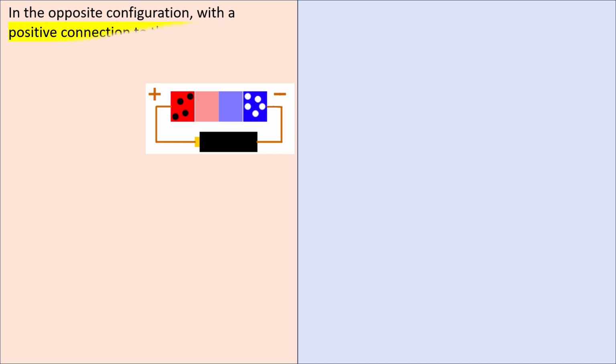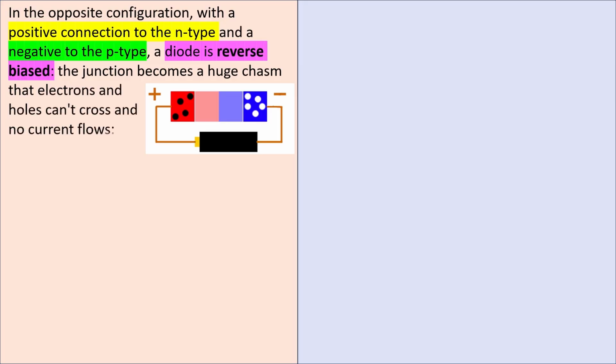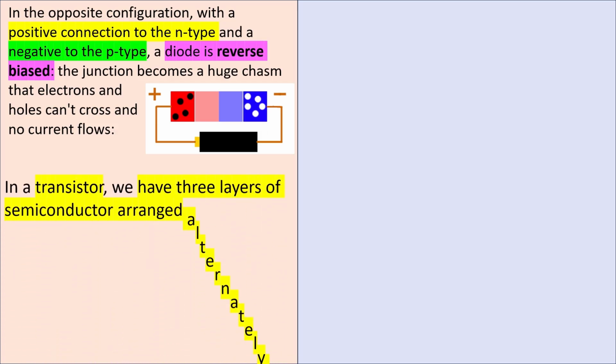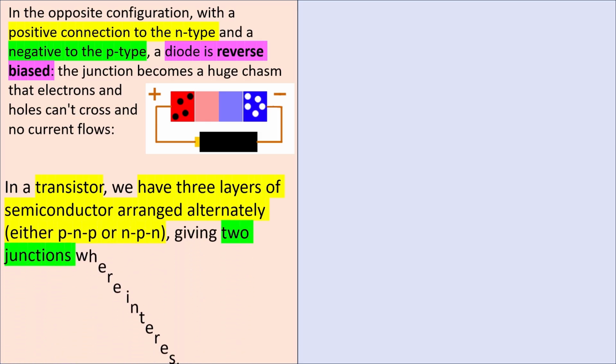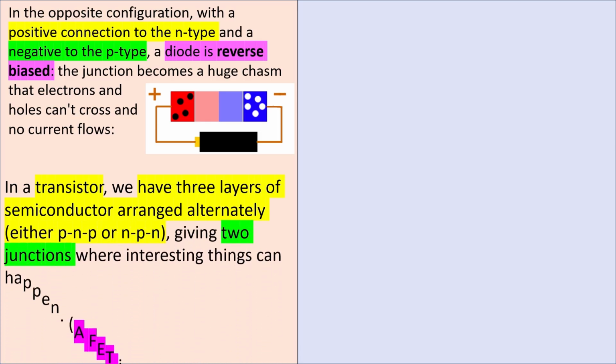In the opposite configuration, with a positive connection to the N-type and a negative to the P-type, a diode is reverse biased. The junction becomes a huge chasm that the electrons and the holes cannot cross, and no current flows. In a transistor, we have three layers of semiconductor arranged alternatively, either PNP or NPN, giving it two junctions where